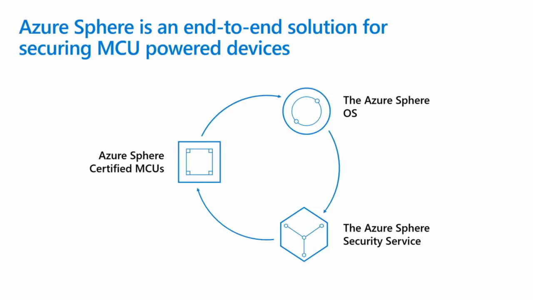So those are the properties. What's the product? What did we announce? Azure Sphere is an end-to-end solution that's composed of 3 pillars. We have Azure Sphere, we're calling certified MCUs. I'm going to give you a deep dive of what a certified MCU means, what properties those MCUs have, an operating system, and a set of security services.